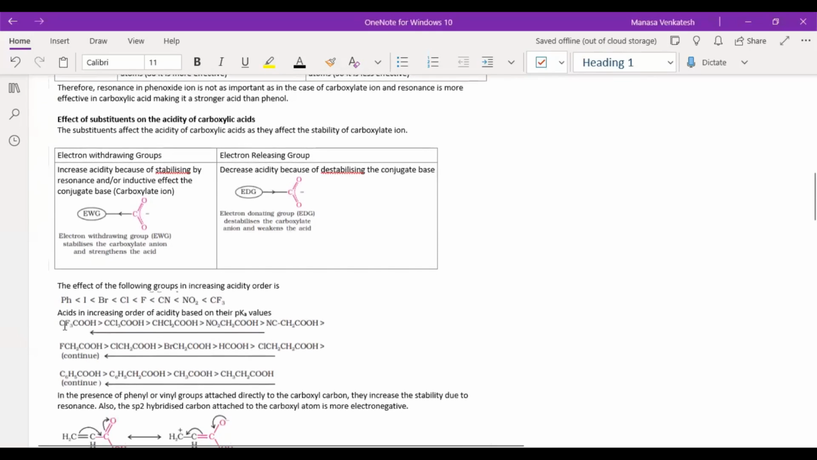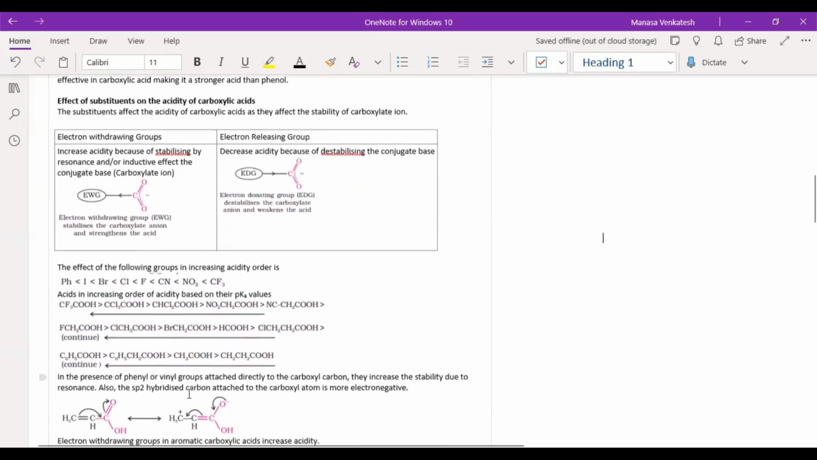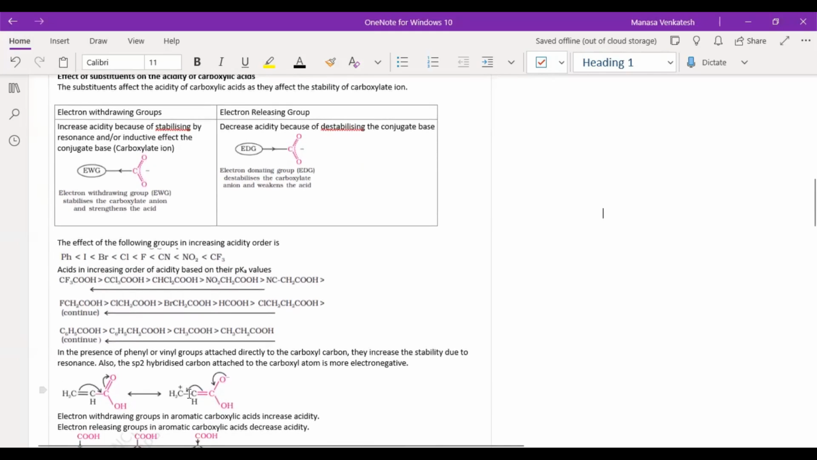The below thing over here is the acids in their increasing order of acidity. So CF3COOH is the most acidic compared to CH3CH2COOH, because the fluorines are actually going to help in increasing the acidity of the carboxylic acid because they are electron withdrawing in nature. Now, when you have phenyl or vinyl groups, we tend to assume that there'll be a decrease in acidity, but they actually increase the stability due to